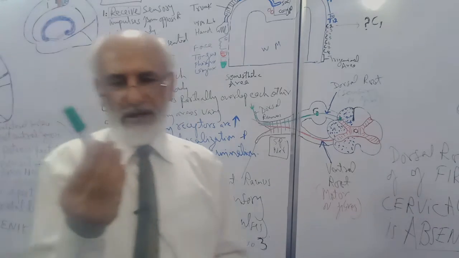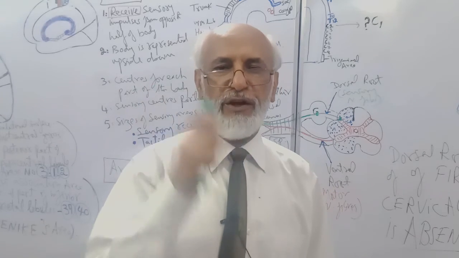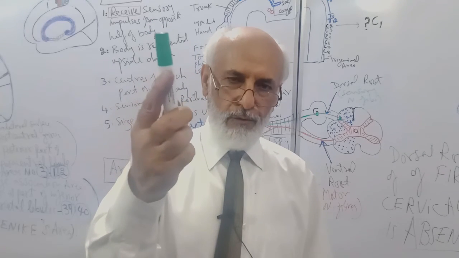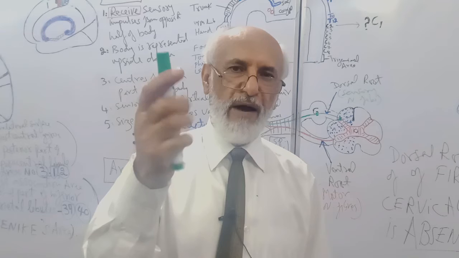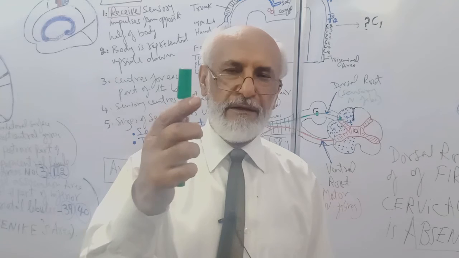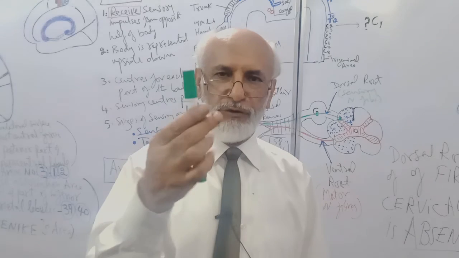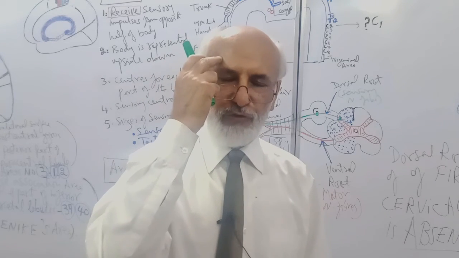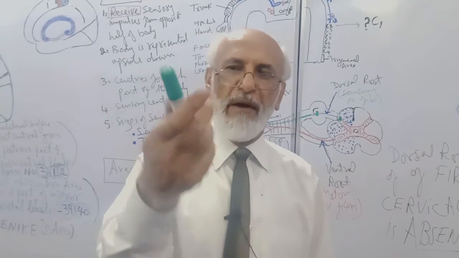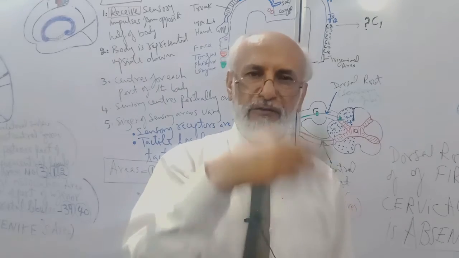Now this is an object. It is conveying sensory information about this object. For example, what is the shape of this? By sensations, I can understand that the object in my hand is elongated. It is not rounded, ball-like. So the sensation from this object is received by area 3 and interpreted by area number 1 and 2. So by sensation, I can determine the shape, whether it is elongated or ball-like, rounded.